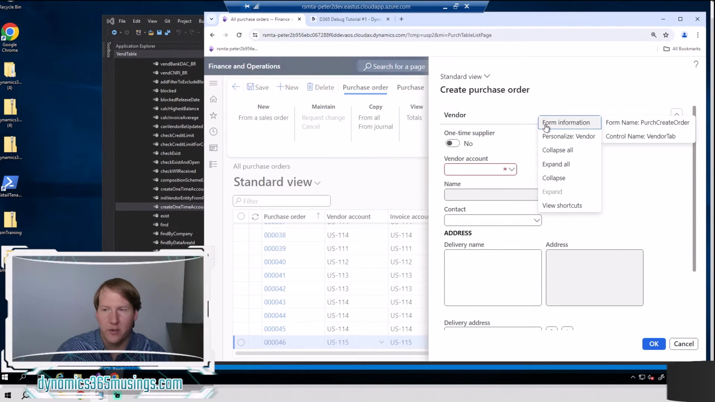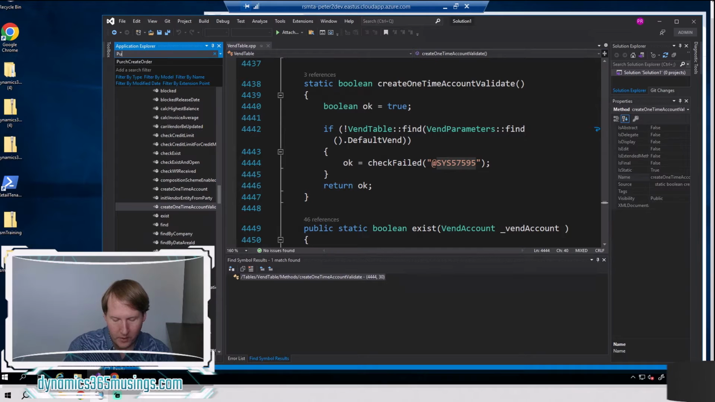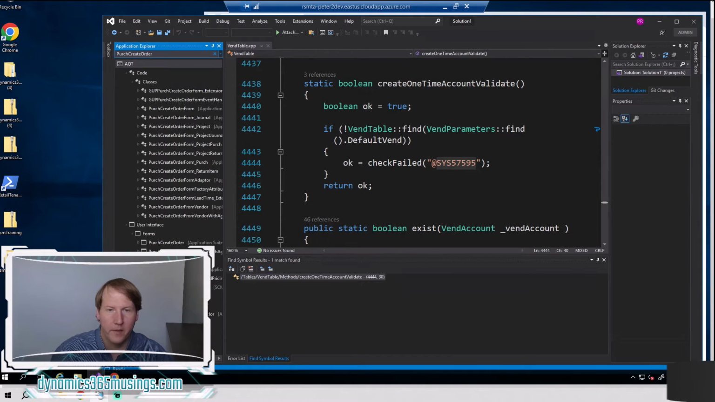And the way I can do that is right click anywhere in this form, hover over form information, and then I can see this second menu that says the form name is Perch Create Order. So that's really awesome. Now I can come back to Visual Studio, search for perch, create order, and then look